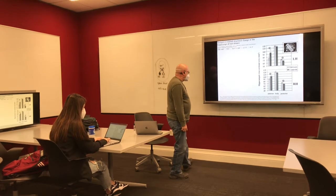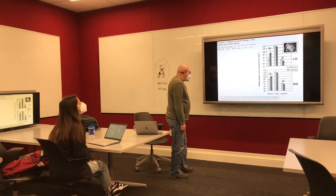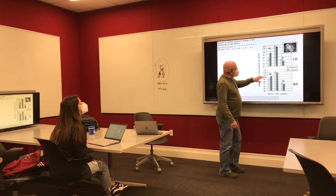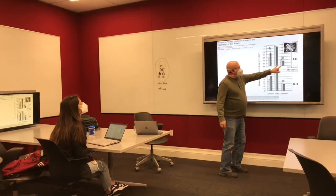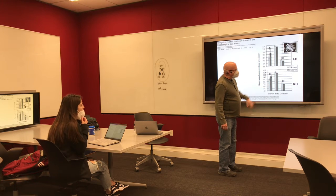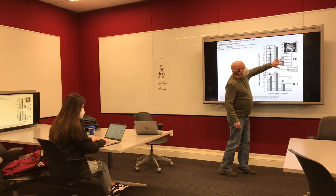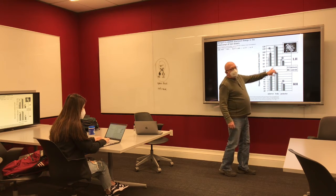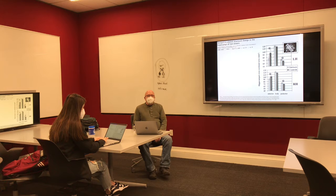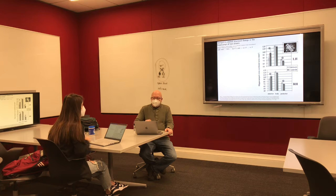Let me make sure that I'm getting the things right. Yeah. So, because I know that they had smaller in the anterior and higher in the posterior. The dotted is the cabbies, the dark is the controls. So cabbies have smaller anterior hippocampus, but larger posterior hippocampuses, but the bodies of the hippocampus are not different. So it may be that you only get a cabbie's license if you already have a large hippocampus. But what's interesting